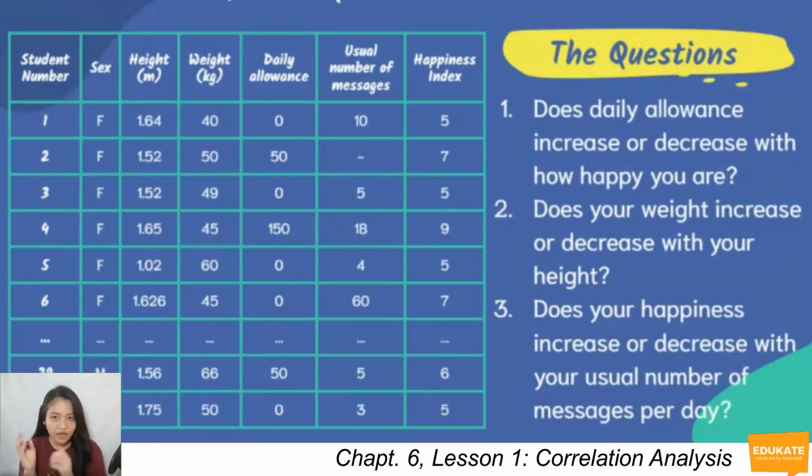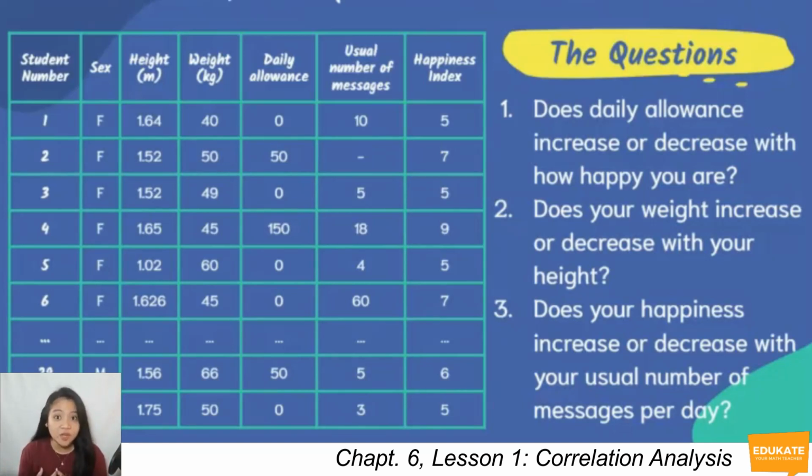The first question, does daily allowance increase or decrease with how happy you are? Second question, does your weight increase or decrease with your height? Third question, does your happiness increase or decrease with your usual number of messages per day? We can see that in each question, there are two independent variables involved. Notice also that in each question, we are looking for increase or decrease. This means that we are looking for the effect of one variable to the other, or in short, the relationship